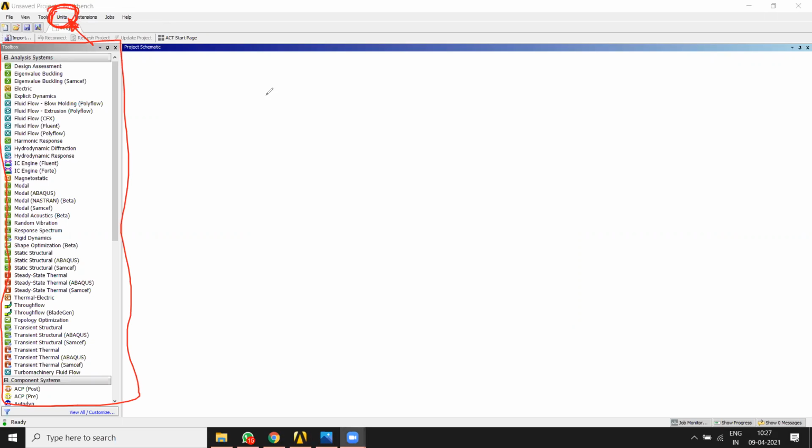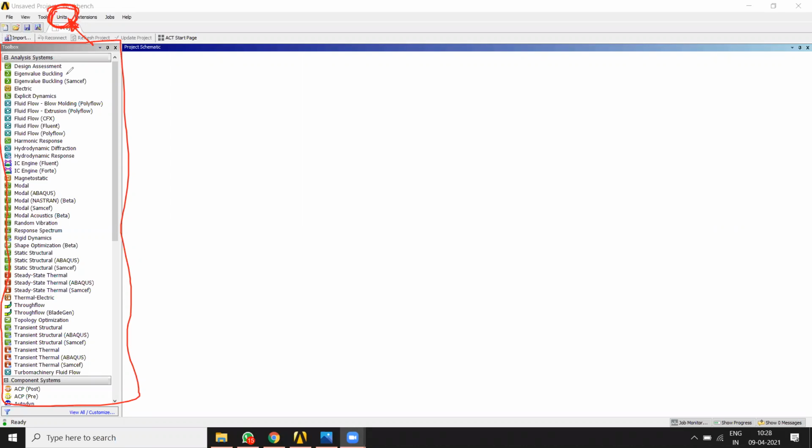Next we should focus on the Toolbox. In the Toolbox you will find many options and analysis types available. Now I'll tell you the reason why ANSYS Workbench is widely used in the industry. The first reason is that Workbench can handle plenty of types of analysis, not just static analysis, not just dynamic analysis.